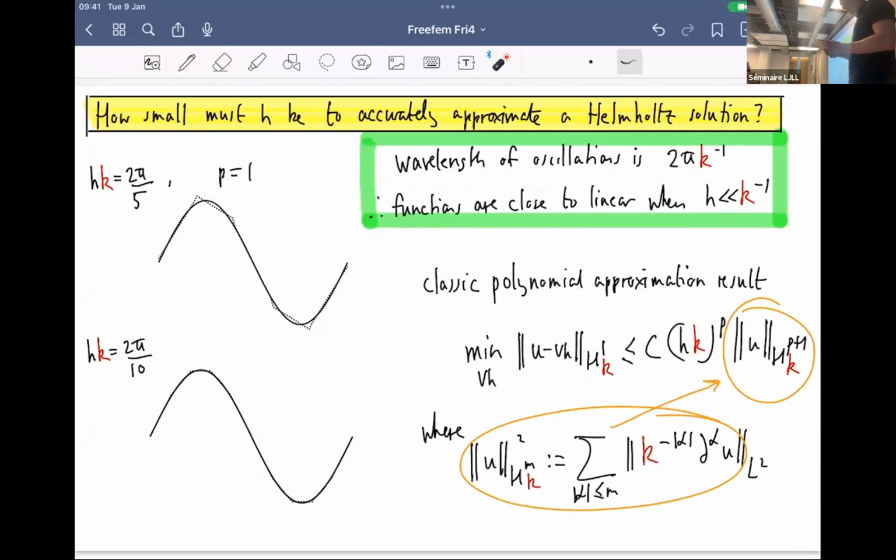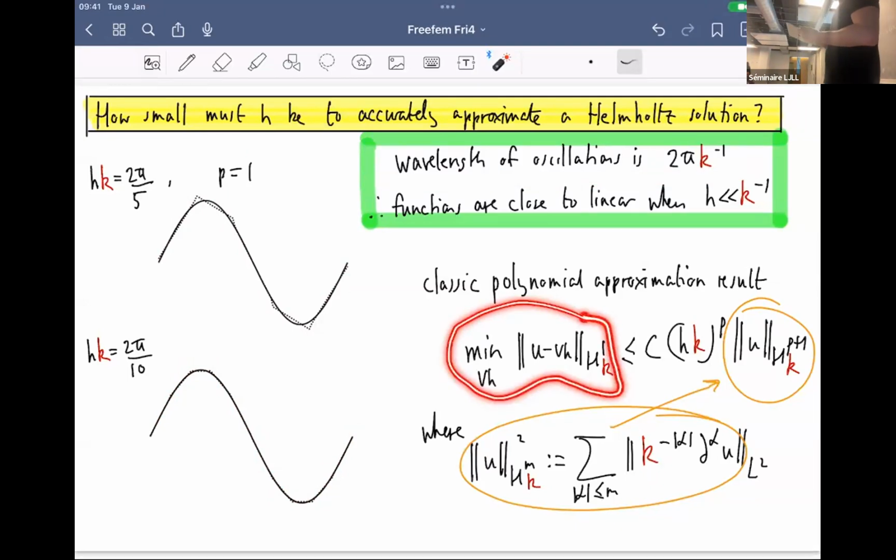So to make this more precise, there's this classic approximation result, which FEM people will know. It says: I measure the smallest possible error in approximating a function u by a piecewise polynomial, measured in the h1 norm. If I have degree p polynomials, and if my solution is in H^(p+1), then I get h to the p times the H^(p+1) norm of u. But